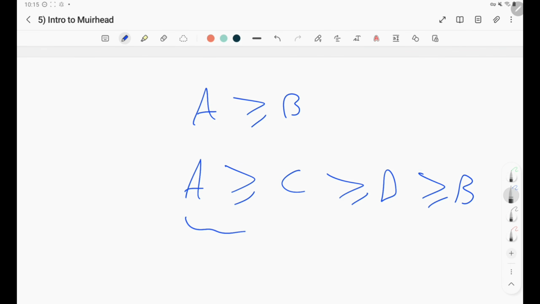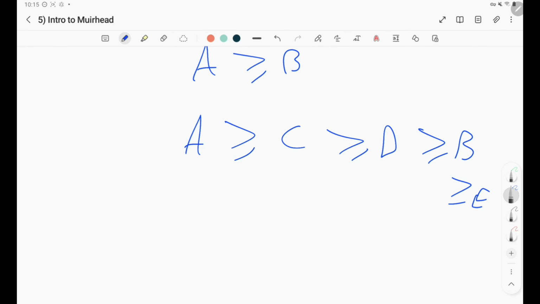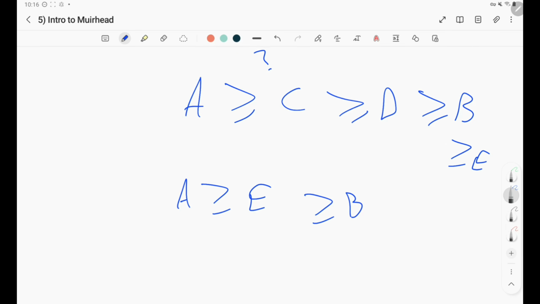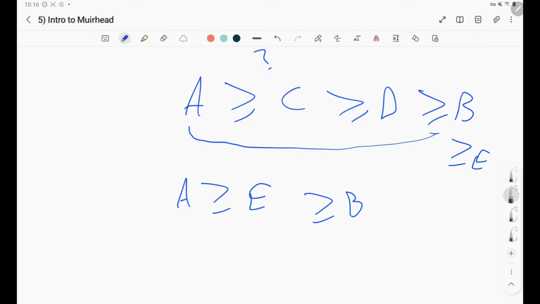So when we want to build these inequalities, sometimes we might use a bad inequality. So let's say b is actually greater than e. Sometimes we might do something like this. Of course, our goal is to show a is greater than b. So if we say a is greater than e now, that means we just need to show e is greater than b. Then our inequality is wrong, right? Because actually it's not sharp enough. Okay, this is sharp, this is also sharp, but if you want to go to b,